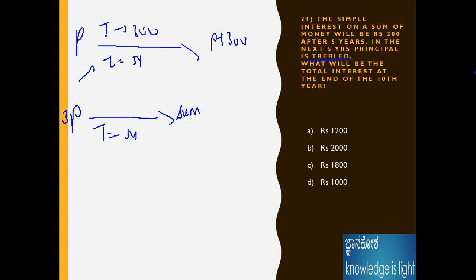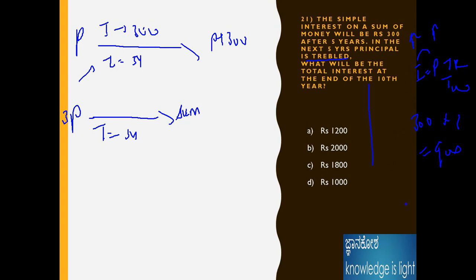Here, I can solve in a shortcut manner, because anyway I is equal to PTR over 100. We already know I and P are directly proportional. If the interest is more, the principal should also be more. If the rate of interest is more, the interest is also more. Therefore, here it is directly proportional. For 3 years, it is 300 into 3. How much should that be? This is 900.